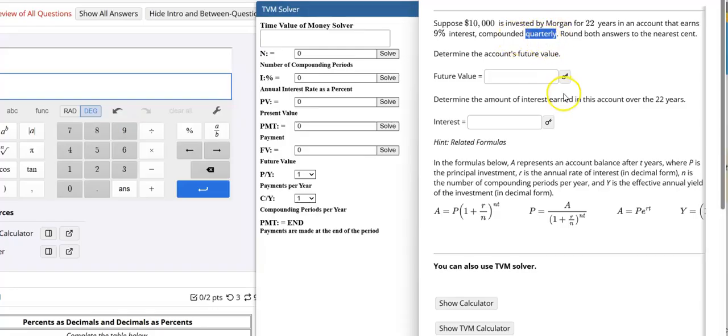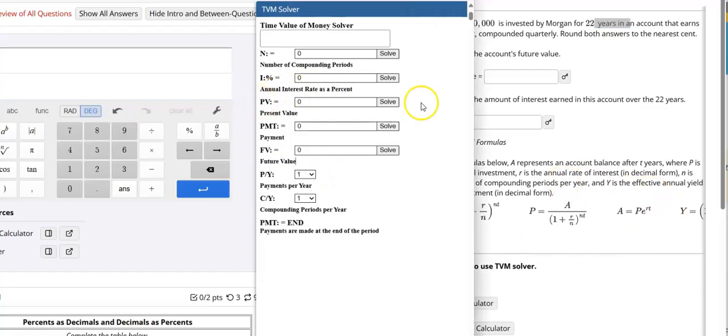In the sense that this $10,000, let's do this question. $10,000 here is a one-time deposit. At the beginning you deposit $10,000 and leave it for 22 years. This is called a lump sum deposit rather than a periodic deposit. That's why this is a compound interest question. There's a formula for the compound interest problem, but I'm going to use the TVM solver because this is going to be quicker.